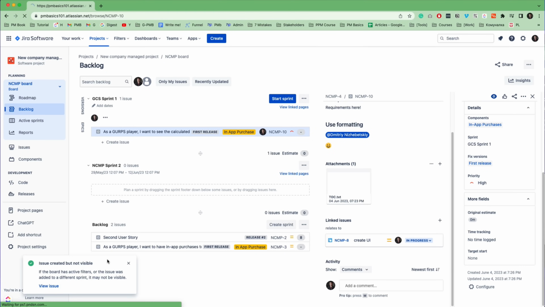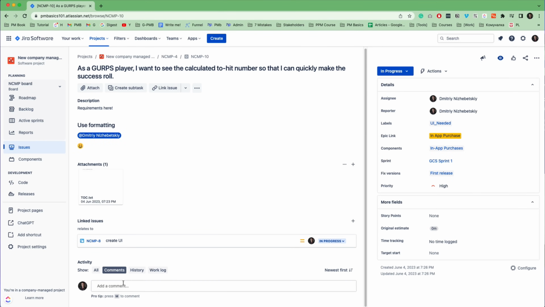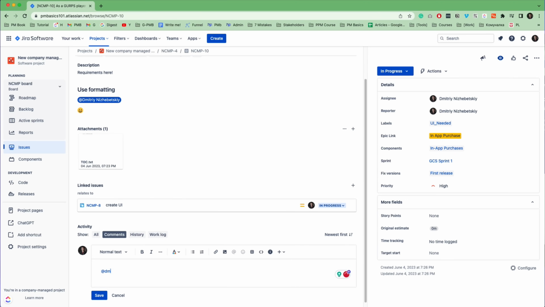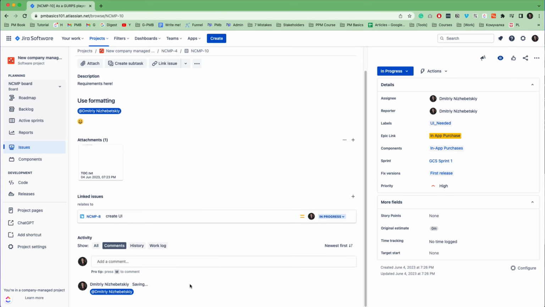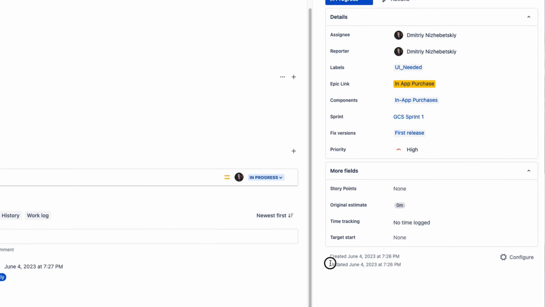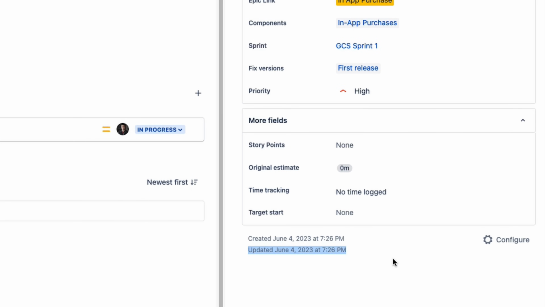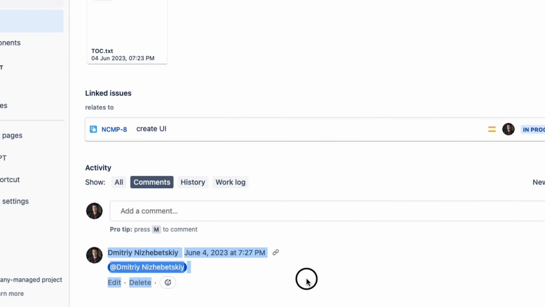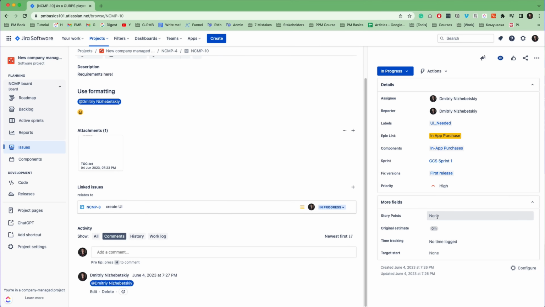And by the way, after you create an issue, the comments section appears. It's important to know that you can mention people in the comments. These people will get a notification to check the comment even if they don't follow this issue. And one more time, you can search and query Jira tickets by all these fields. Moreover, there is more information than meets the eye. For example, you can search for issues updated on a specific date, or tickets that have comments, or tickets that have no information in a given field.